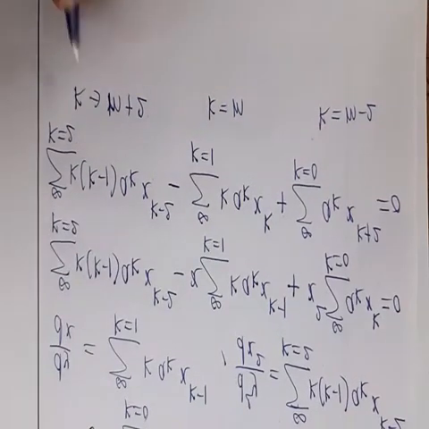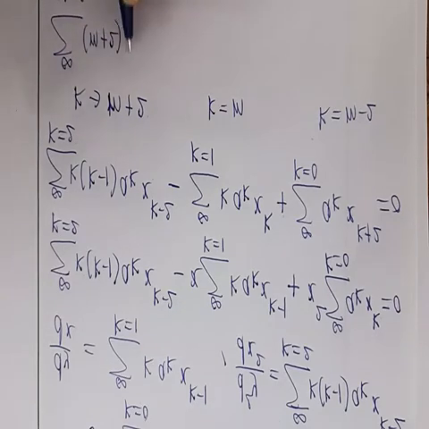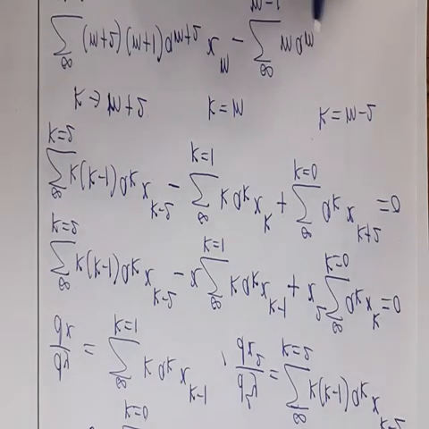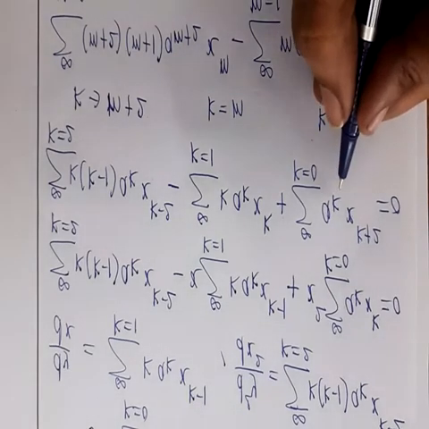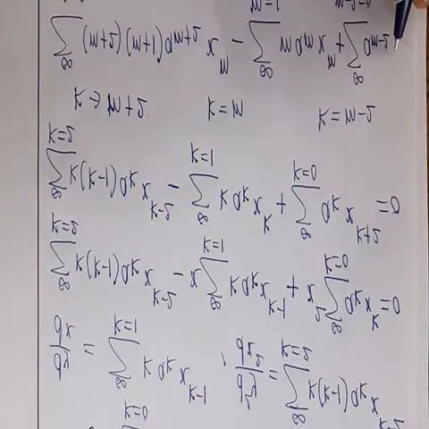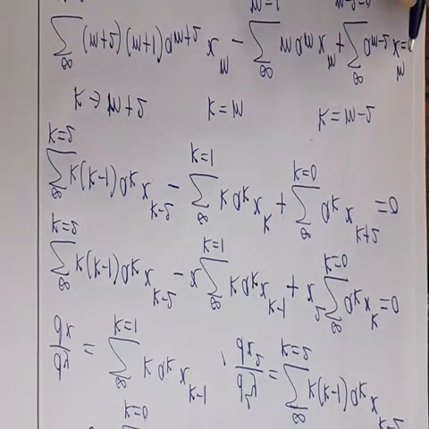Now replace k by m plus 2 in the first term. So summation, k is m plus 2, means m plus 2 is equal to 2 to infinity, m plus 2 multiplied by m plus 2 minus 1 is m plus 1, a of m plus 2, x to the power m plus 2 minus 2, it is x to the power m, minus summation k is equal to m, so m is equal to 1 to infinity m multiplied by am x to the power m, and the third term is plus summation m minus 2 is equal to 0 to infinity, so it is a of m minus 2, and x to the power m minus 2 plus 2 is x to the power m. This is equal to 0.